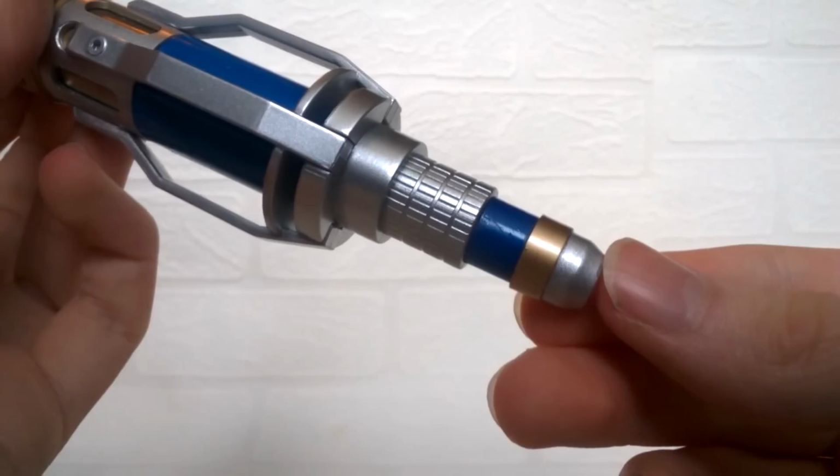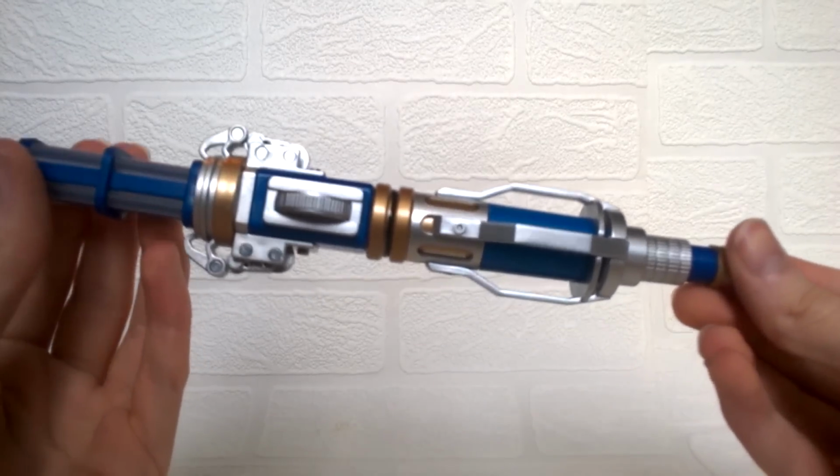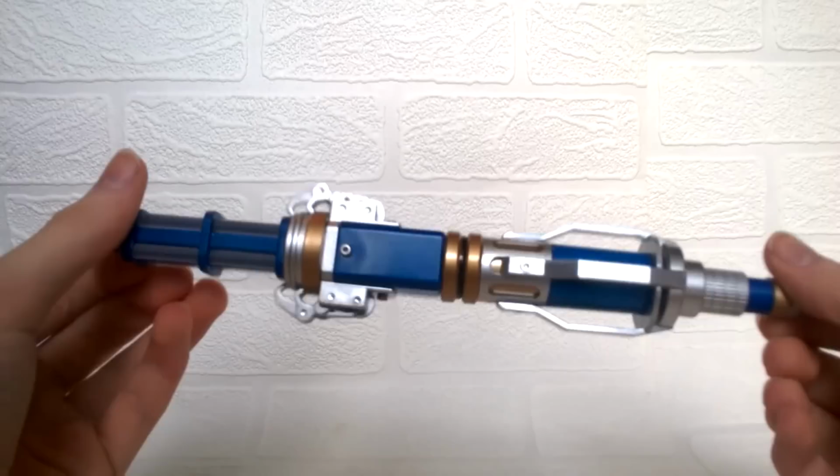And then we have the silver end cap. If any Sonic was going to be a more pimped out Bic pen, it would be this one. I could imagine the lid coming off and writing with it and looking like a complete idiot. But one thing I can compliment Character Options on so much is the lack of company information